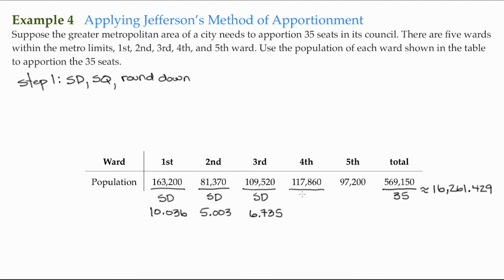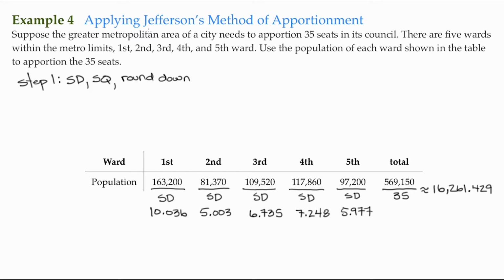The next subgroup comes out to be 7.248. And we divide the next subgroup by the standard divisor, and this is 5.977. So now we have all our standard quotas, which is the second step of Hamilton's method, but it's built